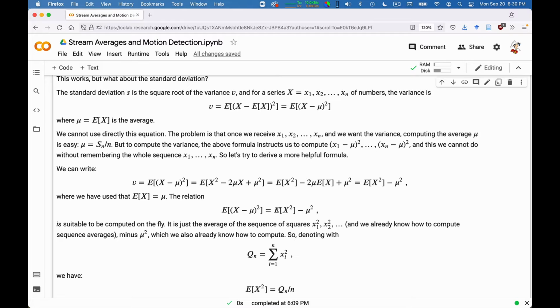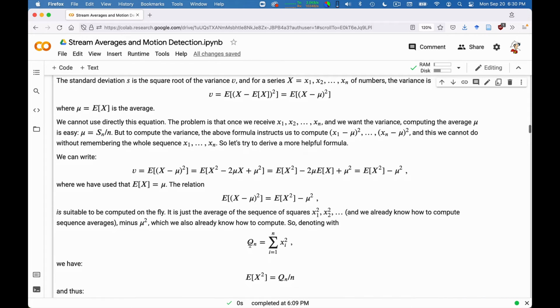And to compute the average of the x squares, this is just an average. So we know how to compute averages on the fly, right? We just keep the sum of x1 square plus x2 square, etc., and we divide the sum of the squares by their number. That's what the average of the squares is. So to be more precise, I can compute the sum of the squares.